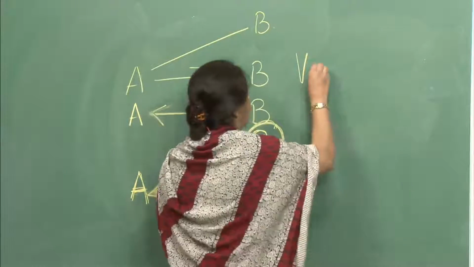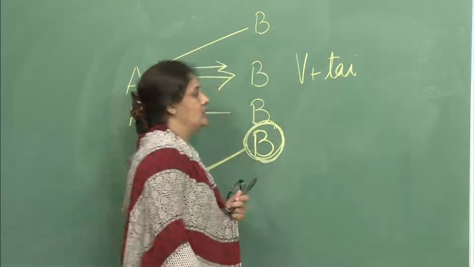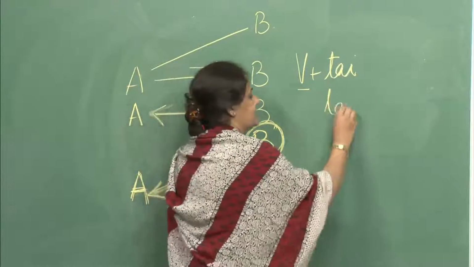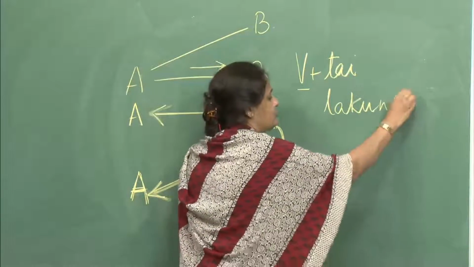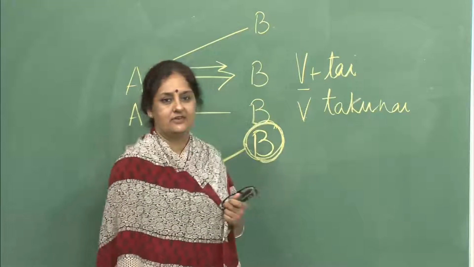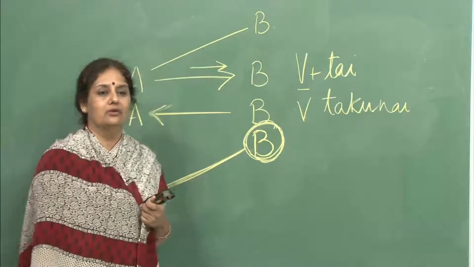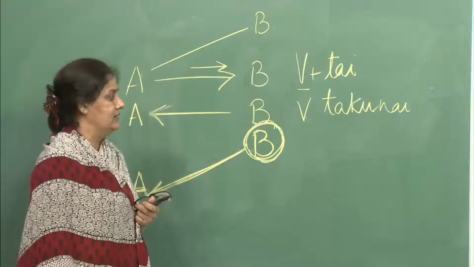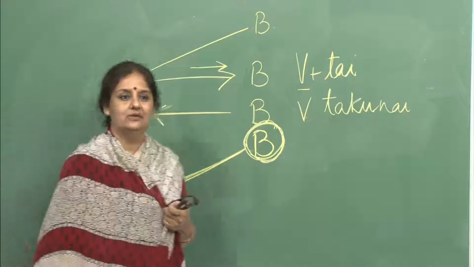So, please try to practice it with your friends, with your partner, and please, whenever you are practicing, do it loudly. Now, in one of our previous lessons, we did tai form, verb plus tai means I want to do something, whatever the verb is saying. Well, negative is taku nai, I do not want to do as the verb is saying. For example, watashi wa gyunyu o nomitaku nai, watashi wa wine o nomitaku nai, watashi wa keiki o tabetaku nai.